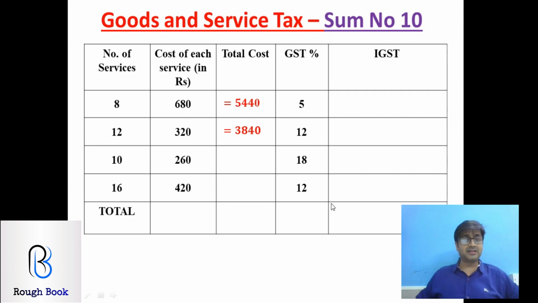Wow, so my mental math is not bad. I'm not cheating, honestly, I'm doing it mentally. You also can. I'm not trying to show you how good I am, I'm trying to show you how good you can be. 260 into 10, 2600. I know everyone knows it. 16 2s are 32, 16 6s are 96 plus 3, 99. So 6720. Perfect. Now 5%.